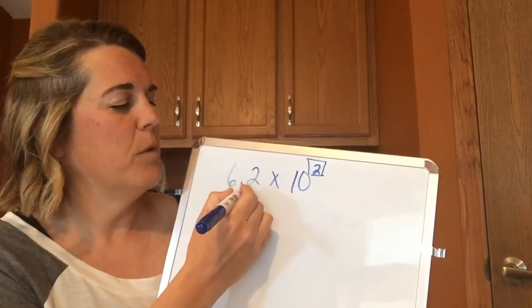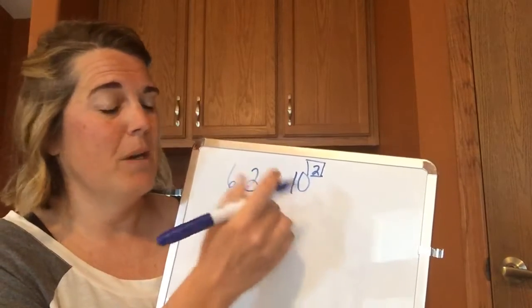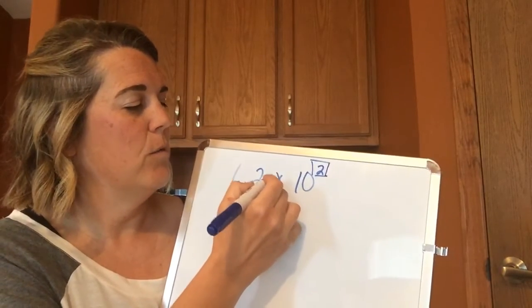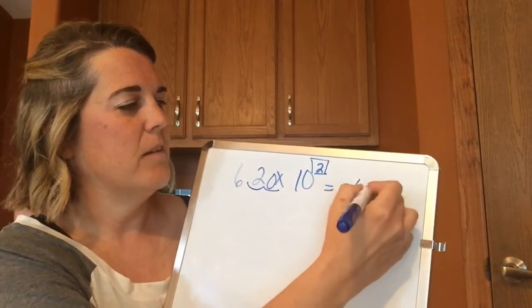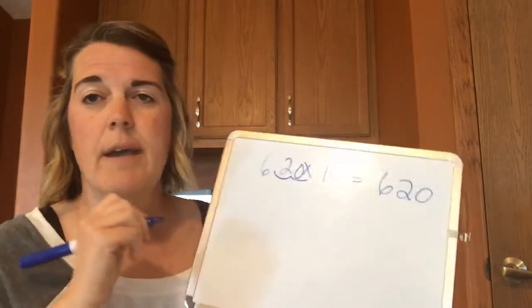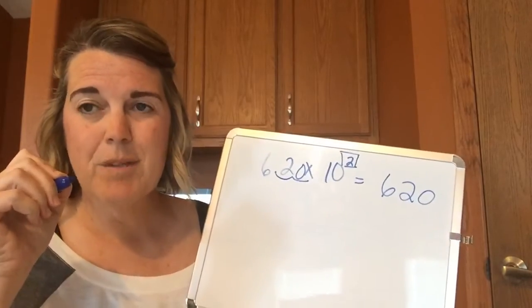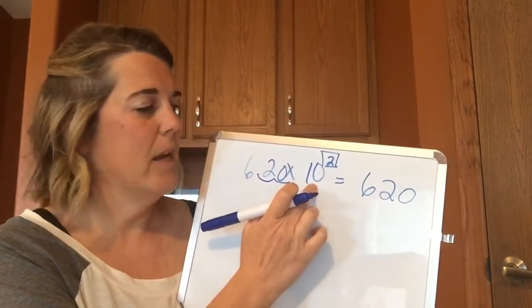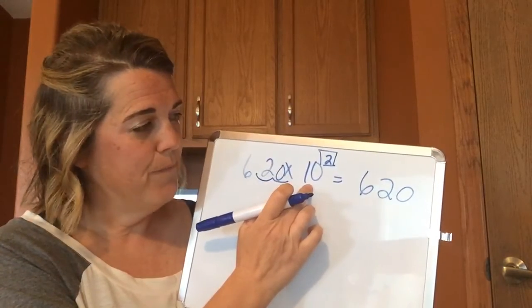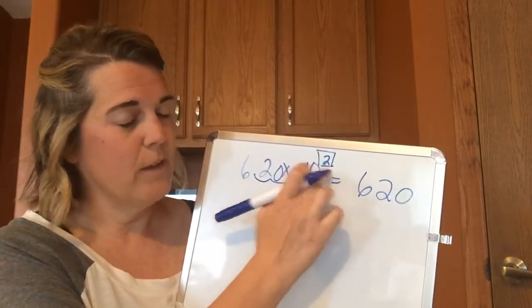So if we move it twice, we're going to go 1, and we're multiplying, so we're getting bigger. We're going to go 1, 2. Means I'm going to fill this in. So my answer here is going to be 620. Okay? So wherever the decimal is, you look at the exponent. This is only in powers of 10. Okay? So you look at the decimal, look at the exponent. That's how many times you move it. The next example says